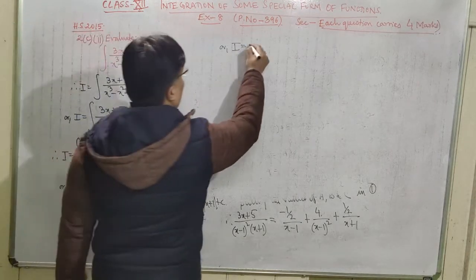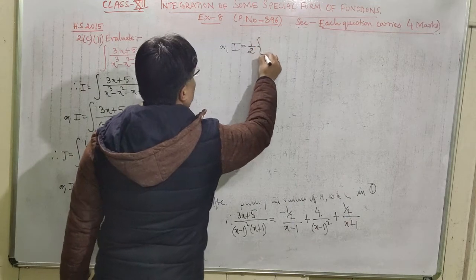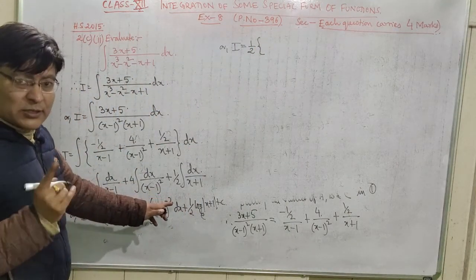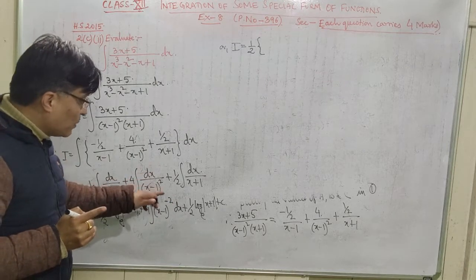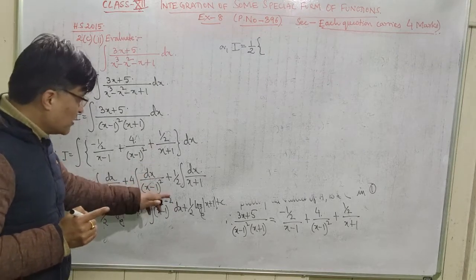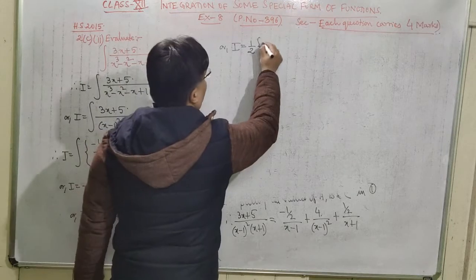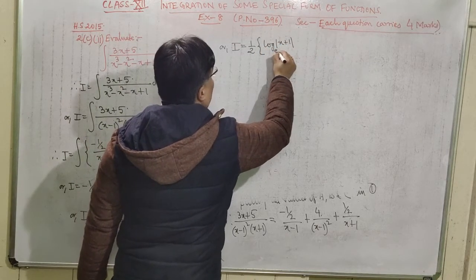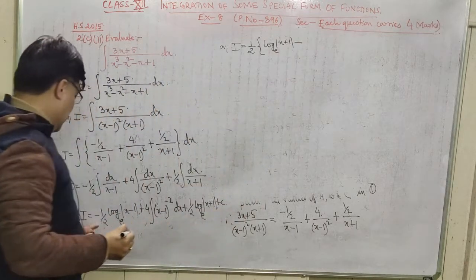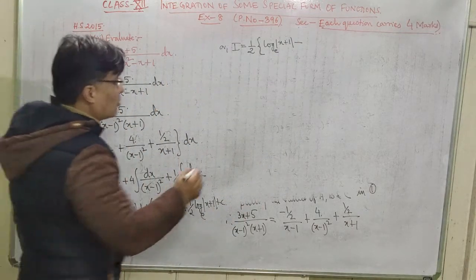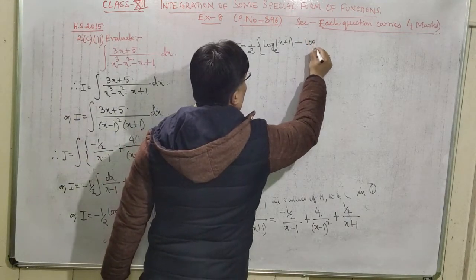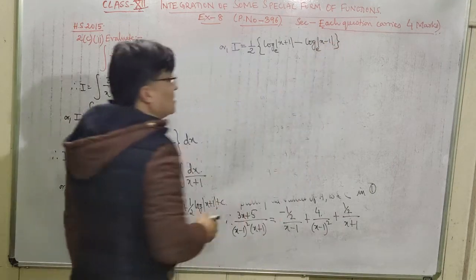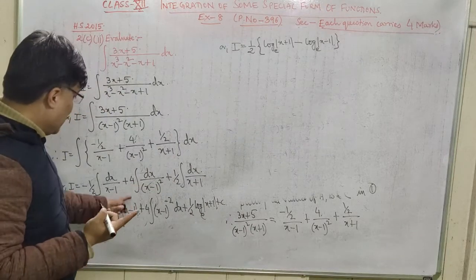Half is common. So within the second bracket, let us write down the plus term first. So half is taken common, so it is log within mod x plus 1, the base is e, then minus, this minus sign is there, log within mod x minus 1, the base is e, second bracket is closed, okay, and then plus,